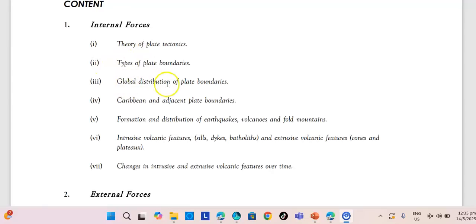Now we're going to look at global distribution of plate boundaries. The global distribution of plate boundaries means where on Earth the edges of the plates are found, in simple words. So, plate boundaries are not randomly spread out. Most of them are found along the edges of continents and oceans. And for those of you who are not sure what plate boundaries are, plate boundaries are the places where two pieces of the Earth's crust called plates